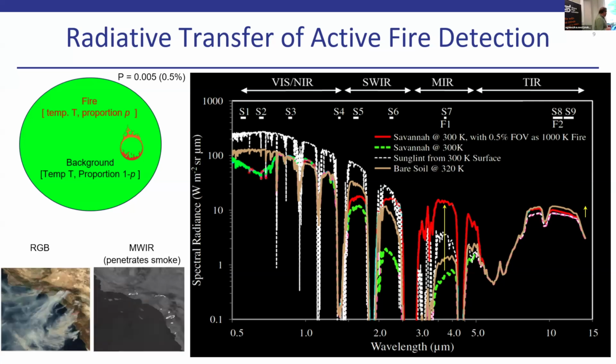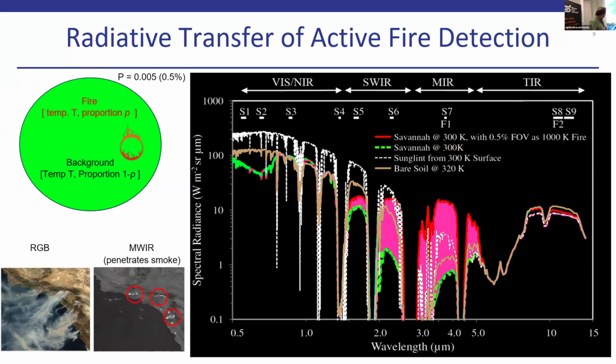The other good thing about the middle infrared and to some extent the long wave infrared is that fires produce loads of smoke. These are a bunch of fires off California, and we can completely see through the smoke. So you can't see through cloud. If the fire is very strong, you might be able to detect some of it through cloud, but you typically wouldn't really advertise that you can see through cloud, but you can see through smoke, clearly. And you can identify all these fires, and you can then essentially estimate the difference between this green line and this red line.